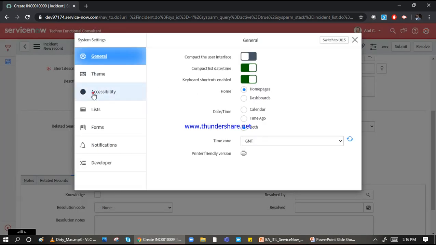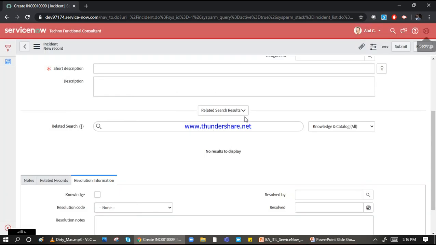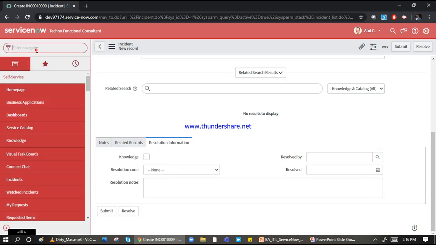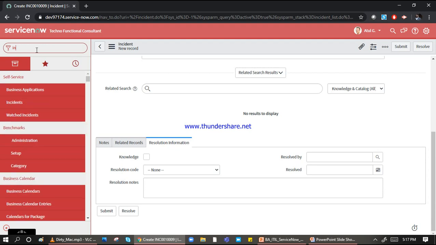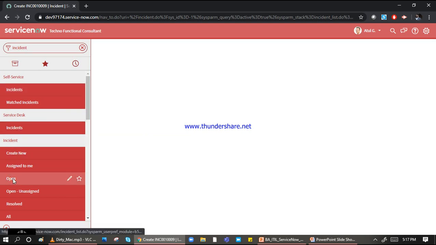Now the next option in accessibility: show record preview tooltip on the slush bucket item when available. For this, let me open a create incident. Click here, incident, and go to open incident.